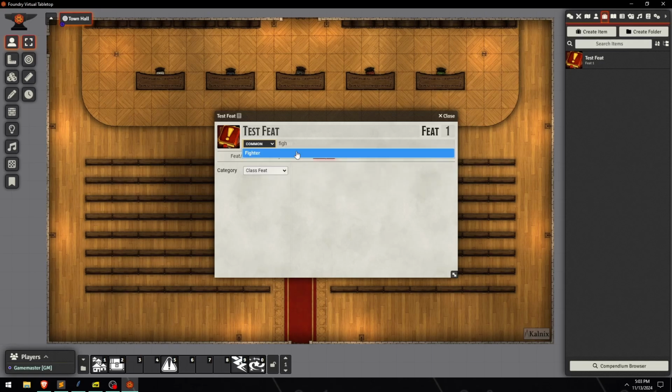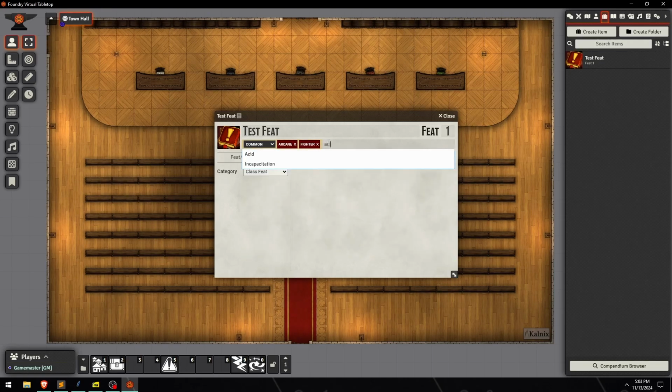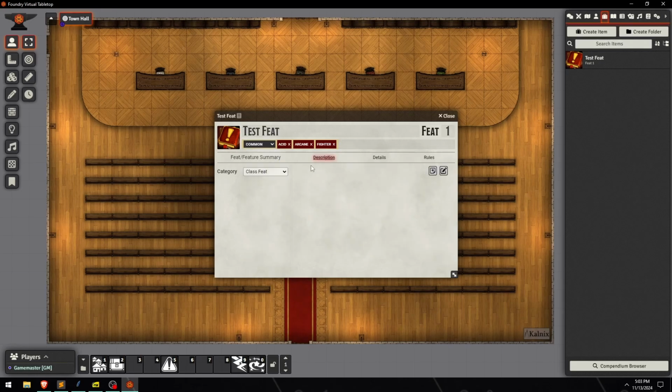If this is a fighter feat, we add the fighter trait. Arcane, acid, we can just add any of these. We can either pick them out of the list, as you can see, there's a lot of traits that we can add to feats, or we can type them in and select them that way. We can edit the description, just type in whatever we want. If we hit this button, we come into HTML mode. And so that means that if we want to